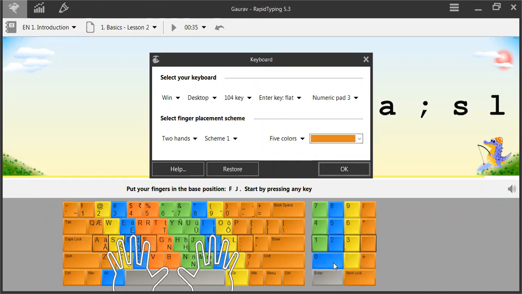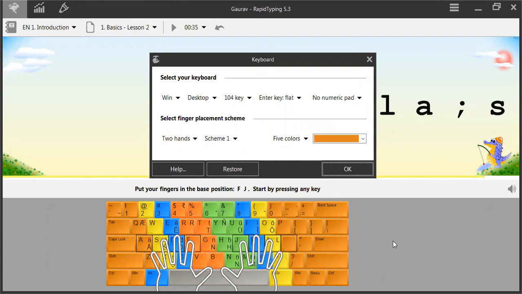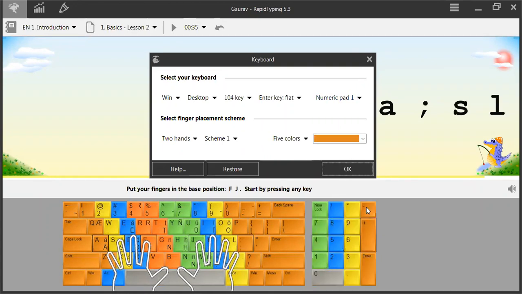This is numeric pad 3 where numbers are on the top and enter key and other things are at the bottom, right? No numeric pad, nothing will be shown, right? So default one is numeric pad 1. This is the common one which is available on most of the laptops and computers. Select finger placement, two hands, and these are for the